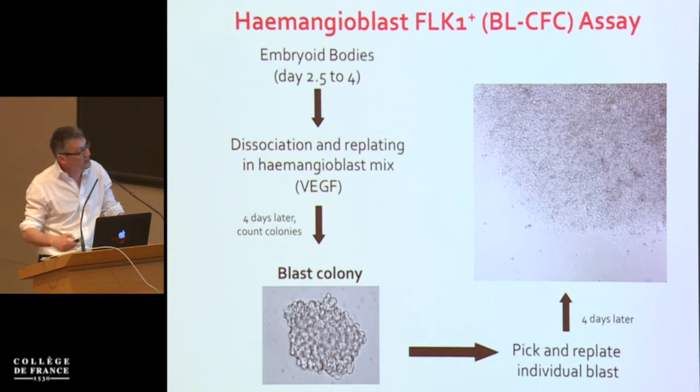Because if you take these embryonic bodies between day 2.5 and day 4, you dissociate them, you replate them in presence of VEGF. What you get is this typical blast colony. These are clonal colonies because they're generated in methylcellulose, and you can show that these colonies contain endothelial and hematopoietic progenitors. So they seem to be what we expect from a hemangioblast. So cells which are mesodermal cells which can give rise to endothelial and hematopoietic cells, and these cells express the